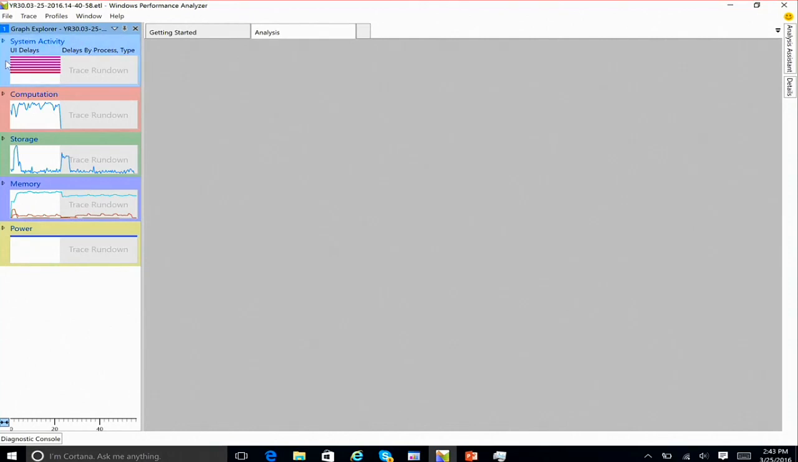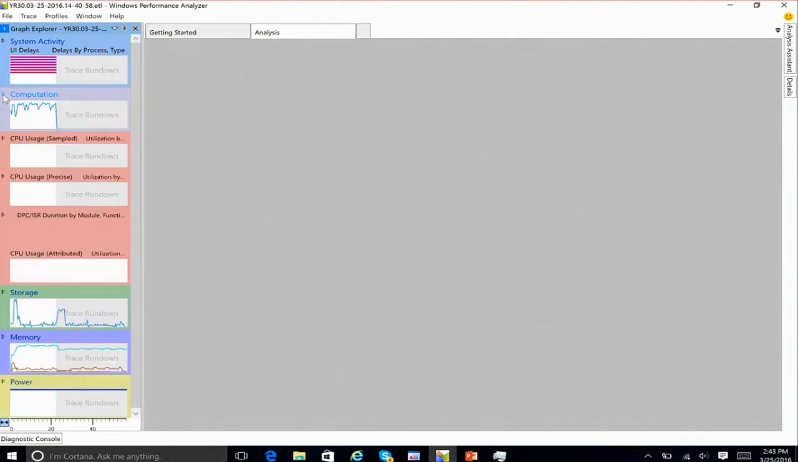And you can see that there are these different graphs. These are groups. There are system activity groups, computation groups, storage, memory, and power. Each of these groups has different graphs inside of them. And if I'm troubleshooting a high CPU utilization, just like I was doing just now on this system, I could